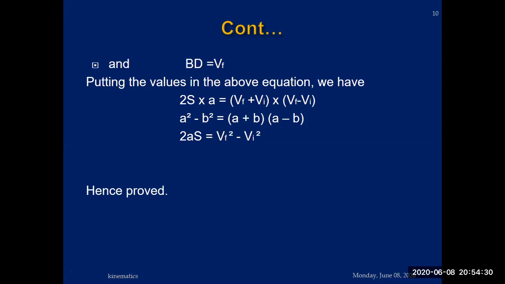And if you are given time, first you will calculate the time by using the first or second equation, then you will put the values in terms of acceleration or distance, and then you will be able to calculate initial velocity, final velocity, distance, or acceleration. If you are asked to calculate the acceleration, you will be given distance and final velocity. And if a body starts from rest, initial velocity is 0. If brakes are applied, final velocity is 0.